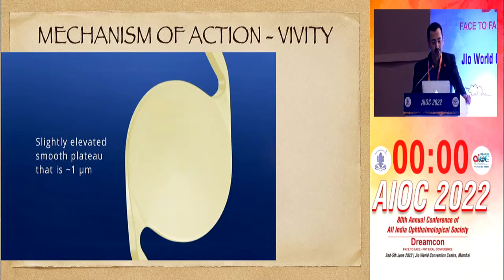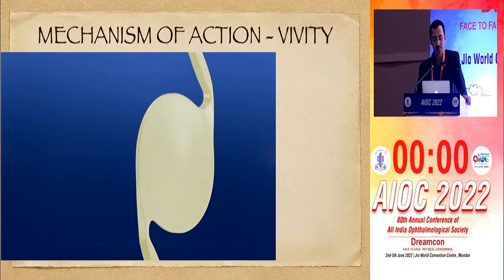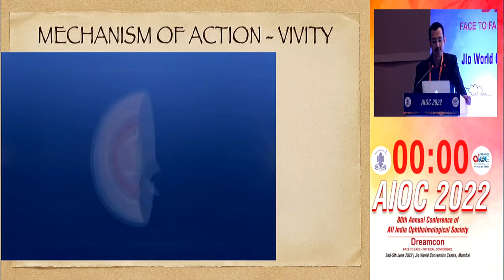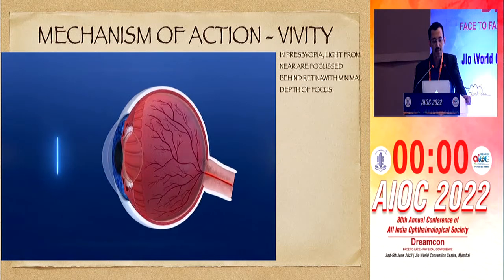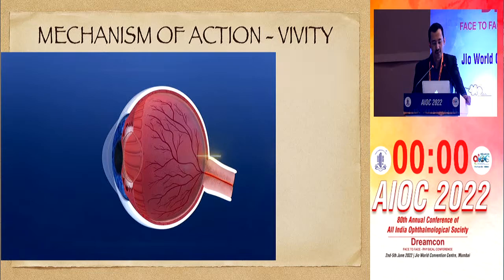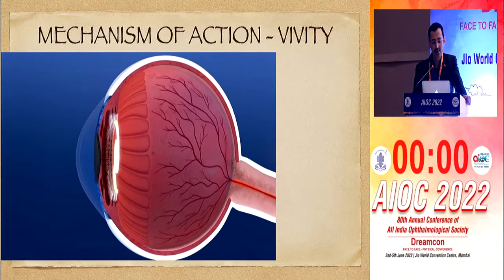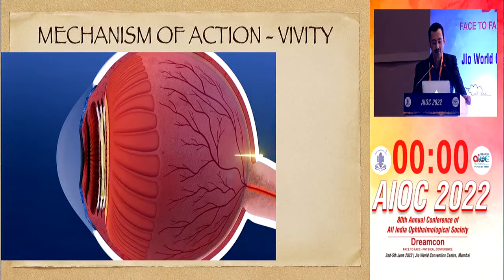It's a smooth plateau, and it has also a second element, which is a slight curvature change. Both these elements put together gives a depth of field. So if you look at a presbyopic IOL, a presbyopic condition, near light is focused behind the retina with minimal depth of focus. When a patient is implanted with Vivity lenses, the central optics, the first transition zone helps in